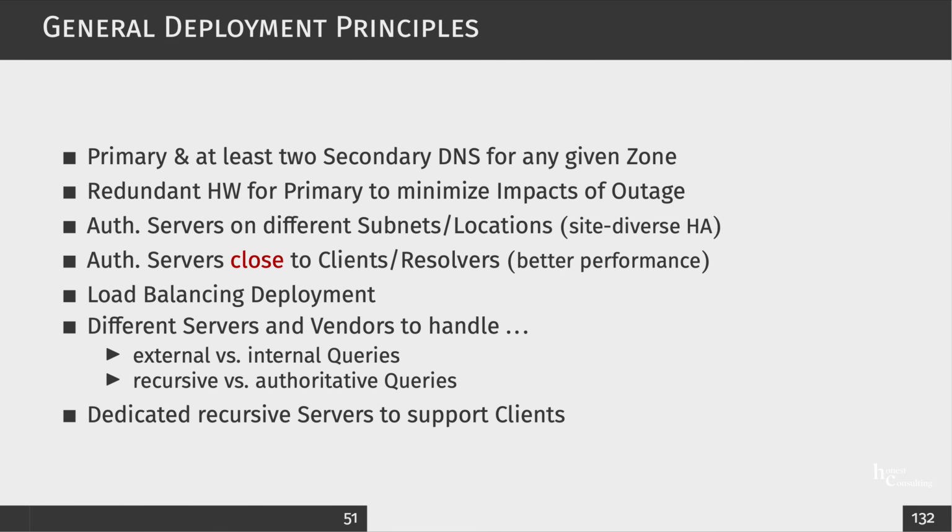There are some general principles when it comes to the deployment of a DNS infrastructure. For every zone that you have, you should have a primary and at least two secondaries. And the secondaries, for sure, they should be located in different networks or areas. The primary should have redundant hardware if it is running on hardware. The authoritative servers need to be in different subnets or locations, and in specific cases, for example, when it comes